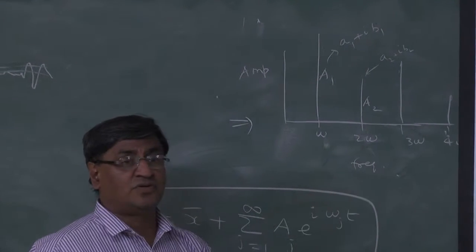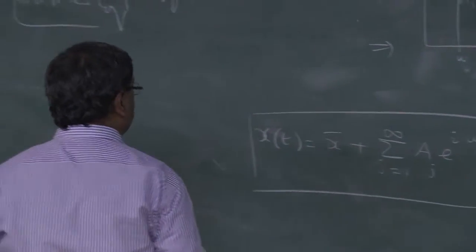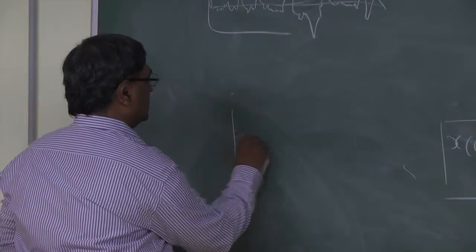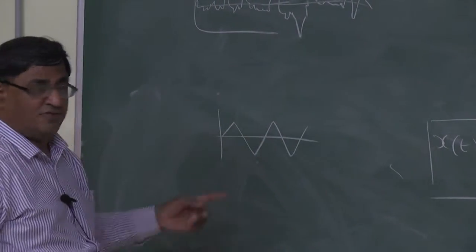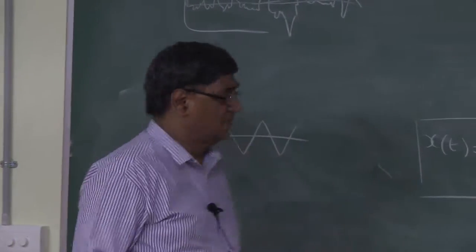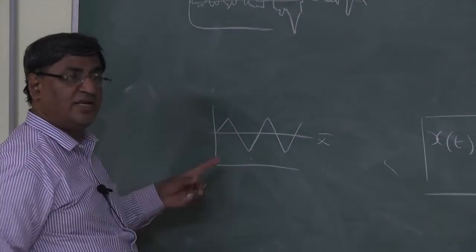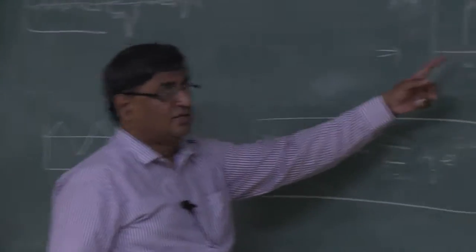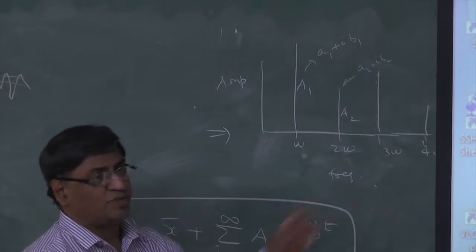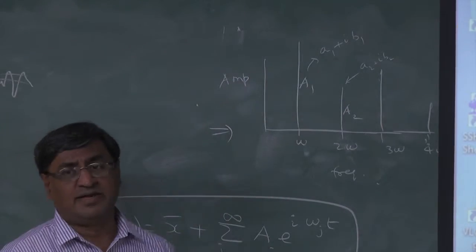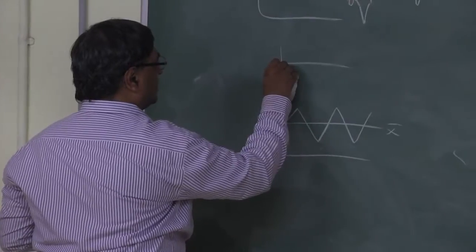This sort of thing will happen only for periodic signals. Let me give you some examples of periodic signals. For instance, a triangular wave like this. If I expand this triangular wave, let's say this is a mean value x bar, and then there is still a periodic variation. That periodic variation will give me these kinds of discrete frequencies. At discrete omega, 2 omega, 3 omega, 4 omega, etc., you will see certain amplitudes being there. You can have any kind of pulse, triangular pulse or rectangular pulse or whatever, right?